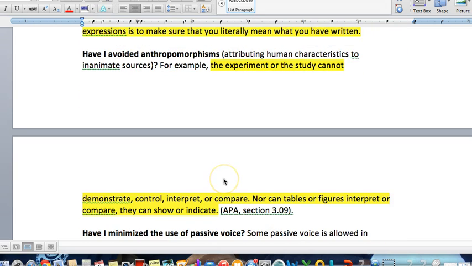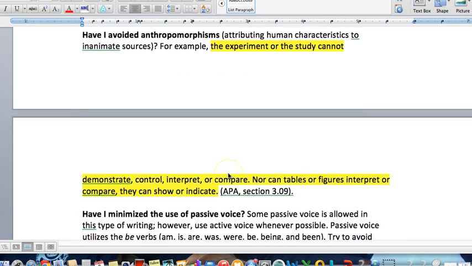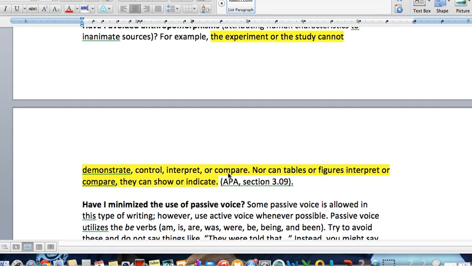Another thing that you need to avoid is anthropomorphisms, and that is attributing human characteristics to inanimate sources. And this is done, and I watch myself because I do it as well. But for example, an experiment or the study cannot demonstrate, control, interpret, or compare, nor can tables or figures interpret or compare. This experiment and the study and tables and figures can show or indicate, so those 2 words